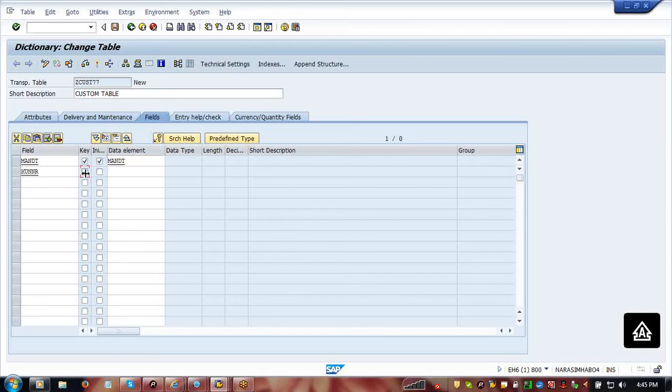KUNNR is customer number. NAME1 is the name of the customer, and its related data element is also NAME1. ORT01 is the city of the customer, and its related data element is also ORT01. LAND1 is the country key of the customer, and its related data element is also LAND1. So most of the time, if the standard fields and their standard data elements suit our purpose,